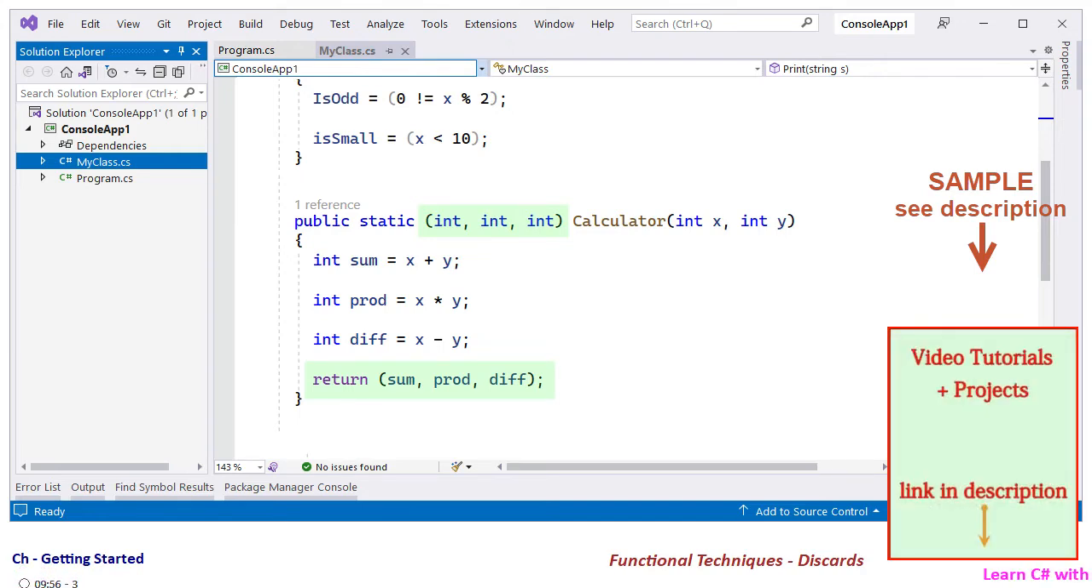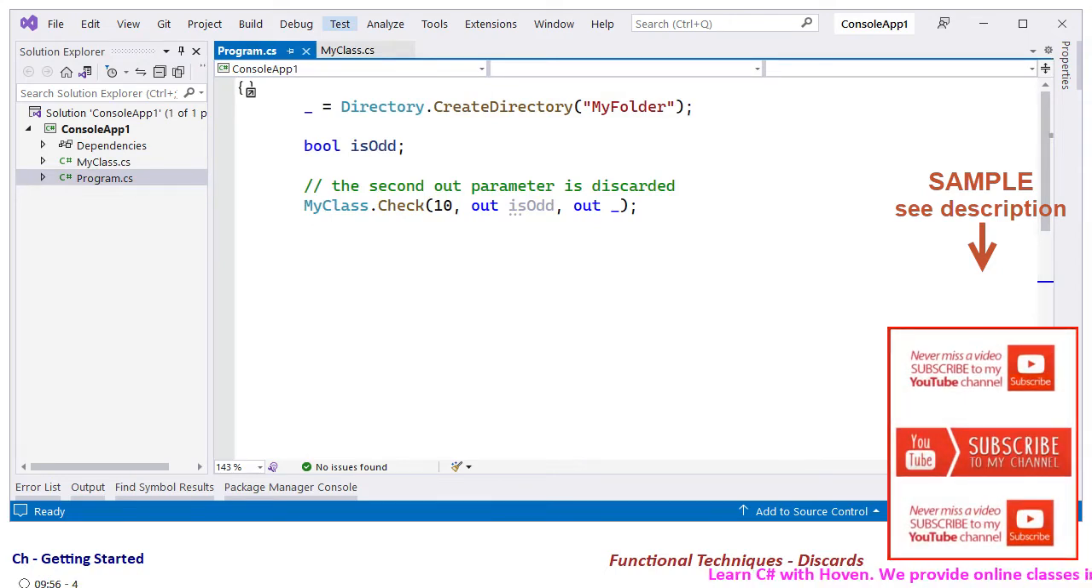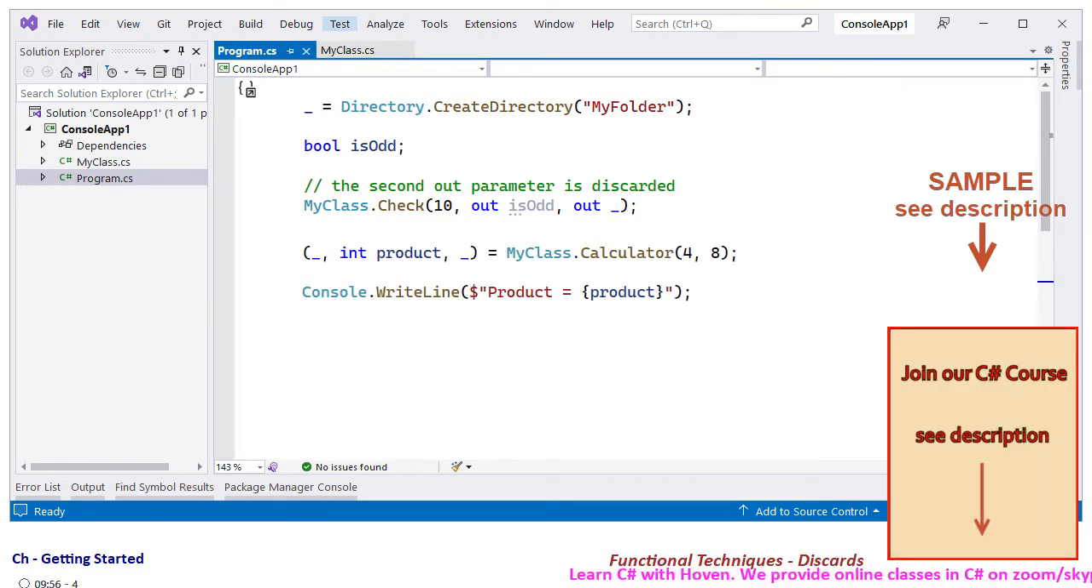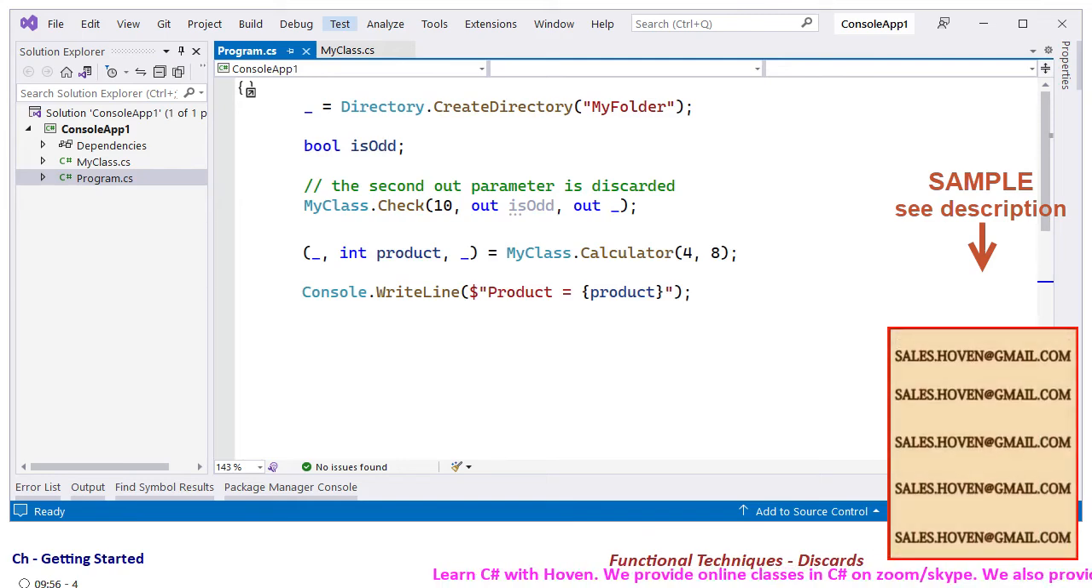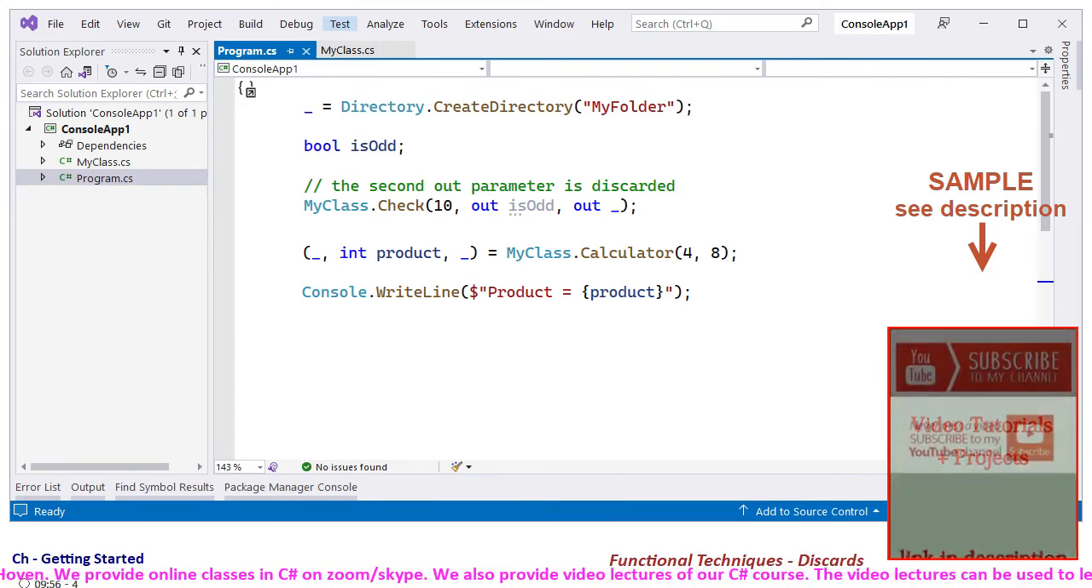And open the program.cs file again, add a call to the calculator function: tuple underscore comma int product comma underscore is equal to myClass.Calculator. We are interested only in the product of two